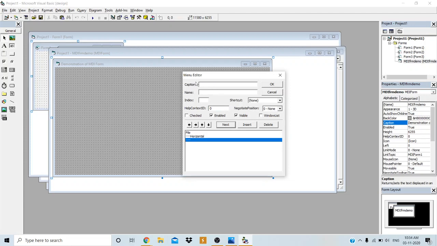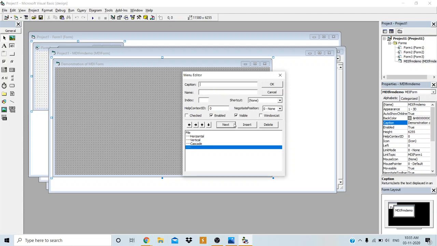Then I will add the next submenu as vertical, and name as menu vertical. Then I will add another submenu here, cascade, name as menu cascade.